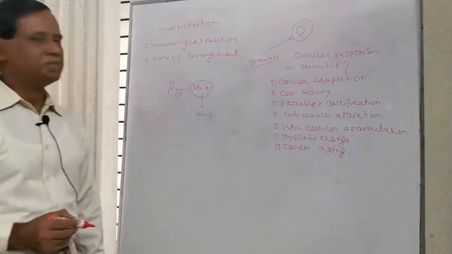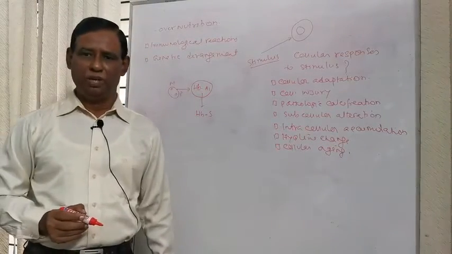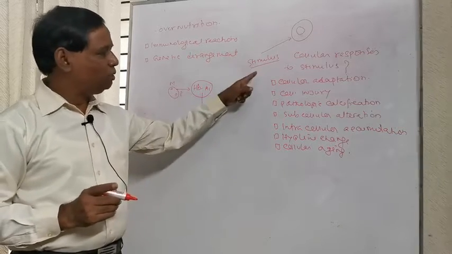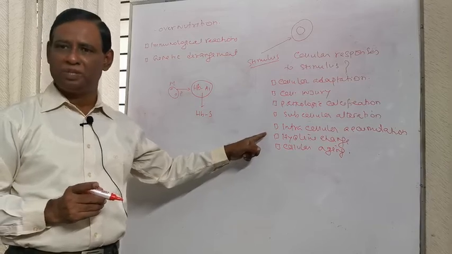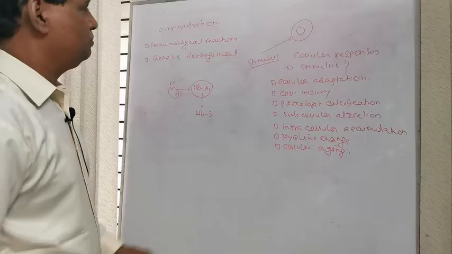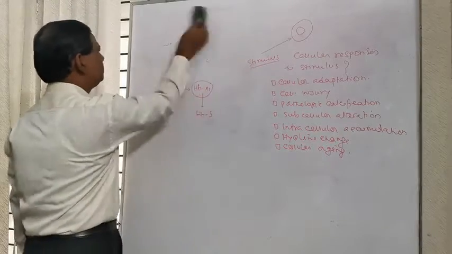So these are the cellular responses to stimulus. একটা সেলকে যদি আমরা স্টিমুলাস দিয়ে স্টিমুলেট করি তাহলে এগুলোর যে কোনো একটা হইতে পারে সেলুলার রেসপন্সেস। আমরা প্রত্যেকটা আলাদা আলাদা করে দেখব। নাও কাম টু ফার্স্ট সেলুলার অ্যাডাপ্টেশন।